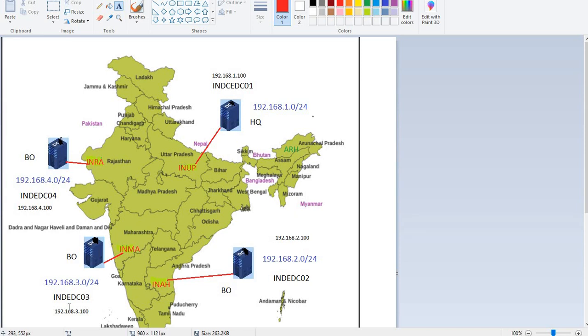Here, in Maharashtra, I'm using IP address 192.168.3.0/24 subnet, and the actual IP is 3.100, and this is my domain controller name. The same thing is here. This is just an example for showing you, but